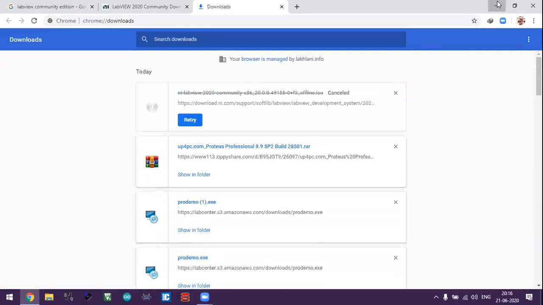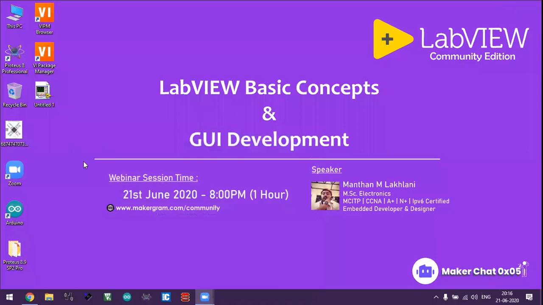After the download is completed, it's easy to install the LabVIEW software. No need to go to any extra effort. You can easily install it by clicking the next button 3 or 4 times, and it will give you some user agreement buttons, so you can directly install LabVIEW.